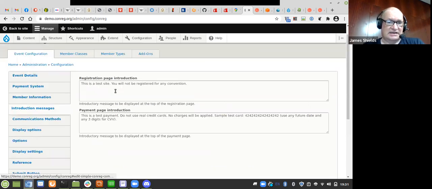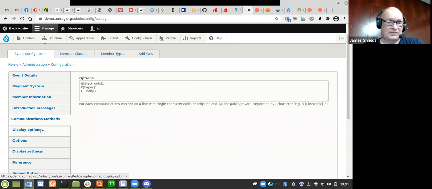Then there's introduction messages that appear at the top of the web form. Communication method is how your member wants to receive communications. So on the default data, I've got electronic, paper, both. A lot of conventions don't do that anymore because they have a separate charge for paper progress reports, but